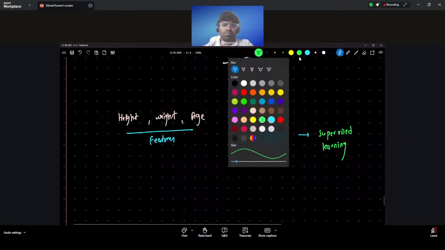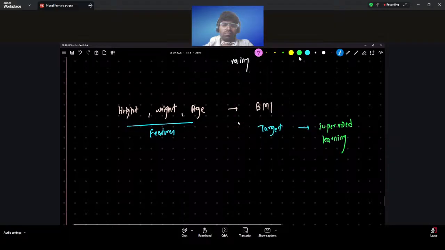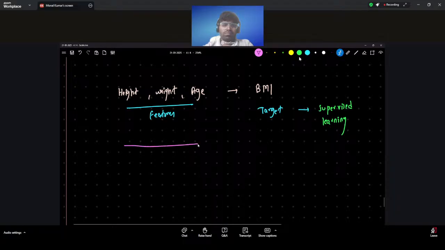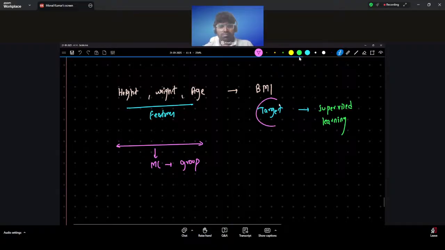Great. Now, next. See the next part. Now I am saying that this whole thing which I have fit, I am providing height, weight, and age, and I'm sending it to my machine learning. I don't know what to do with the data. When I don't know my target, guys, we don't know the target here. When we don't know the target, we want our machine learning to understand what are the features present in height, weight, and age. That kind of learning is called unsupervised learning. I don't know the output. I just want my machine learning to understand the data and then create separate groups.